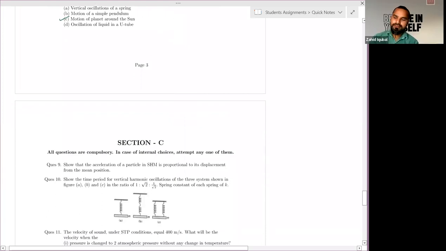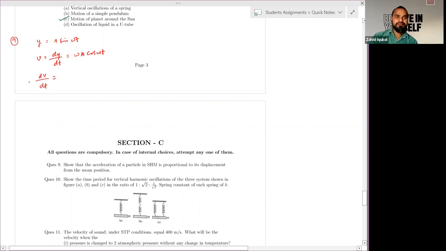Section C, show that acceleration of particle in SHM is proportional to its displacement from mean position. According to the formula, y equals a times sine omega t. Just differentiate it. You will get velocity, dy over dt, which will be equal to omega times a cos omega t. If you further differentiate it to get acceleration,